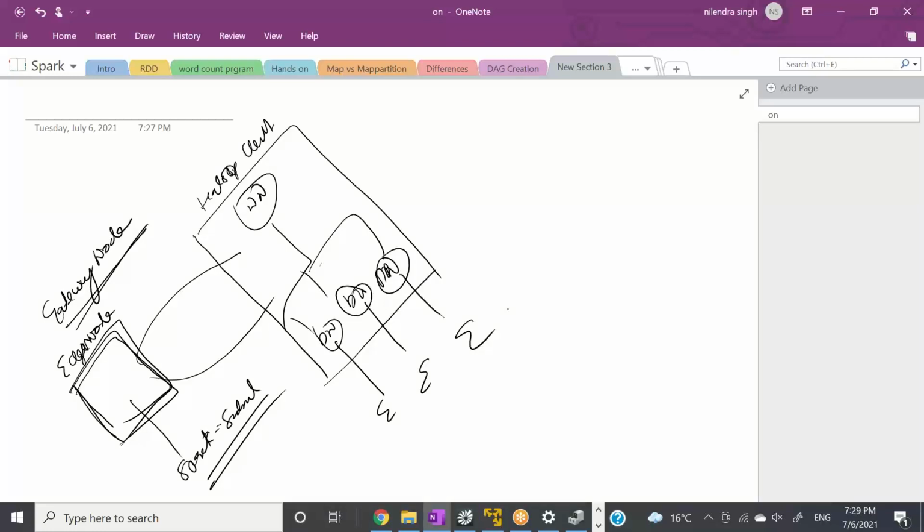Your Spark context. It's a very, very small program. So what the Spark researchers say is, you can run your driver either on the client machine. So edge node is nothing but the client machine from where you access the cluster, or you can run your Spark driver on the cluster machine,